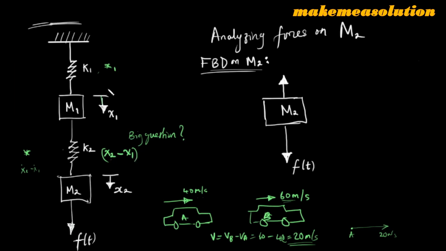However, if we are calculating for x1, we are calculating for x1 with respect to the origin. So x1 is moving with respect to a stationary point. Okay, that's why the displacement is just x1. But x2 is moving with respect to x1, which is already moving with respect to the origin too. So you have to know that the relative displacement and the relative velocity at this particular point is actually x2 minus x1. Okay, so you will very much need to understand this in order to proceed with the rest